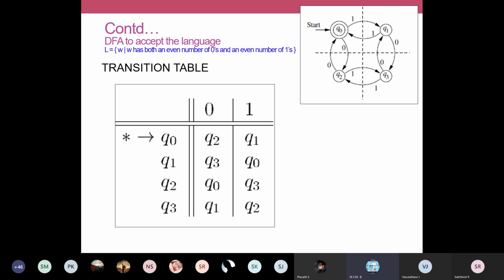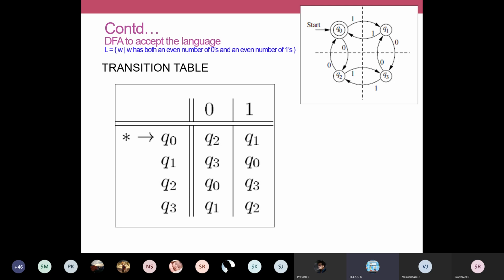In that case, you have to identify the number of states. You have to give a description, like how in the first slide we saw Q0 is for this purpose, Q1 is for this purpose. You have to give the state explanation. Then you have to construct your diagram, then construct your transition table, and then prove that our diagram is correct.